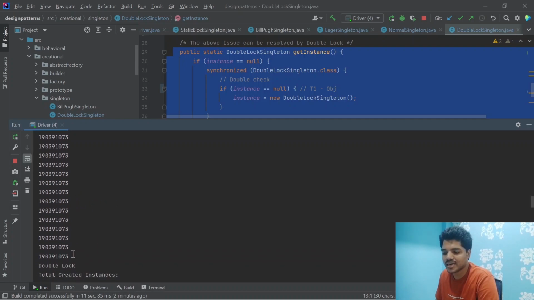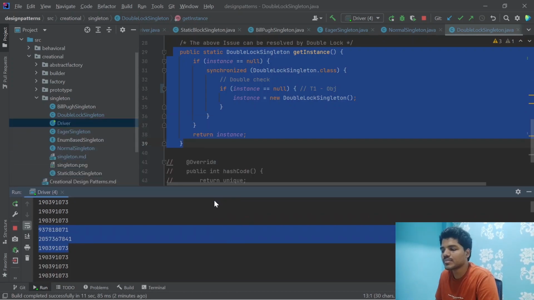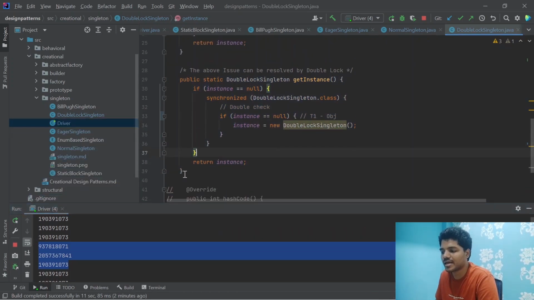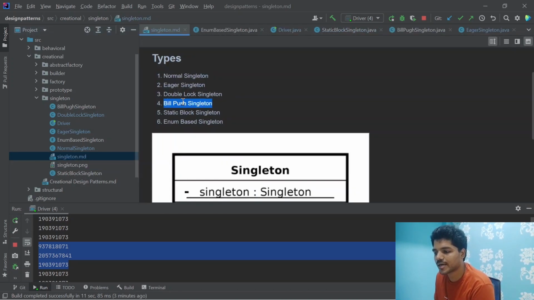Whereas with the plain singleton, sometimes the hash code changes and sometimes it is constant. Sometimes only one object is created, but sometimes three objects are created. That's why people mostly prefer using the double lock singleton. But generally, among the Gang of Four design patterns, if your object is very lightweight, then go with the eager singleton, or what you call the static block singleton. But among all the singletons available here, the best